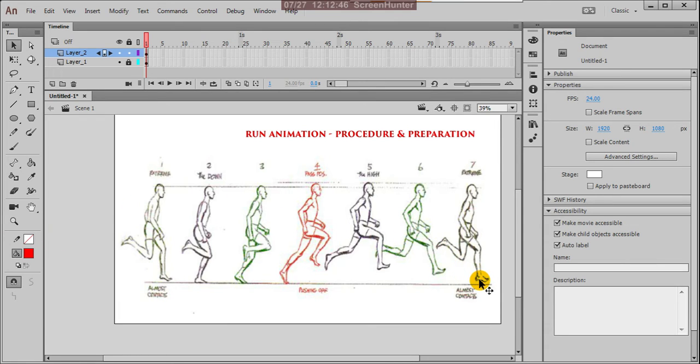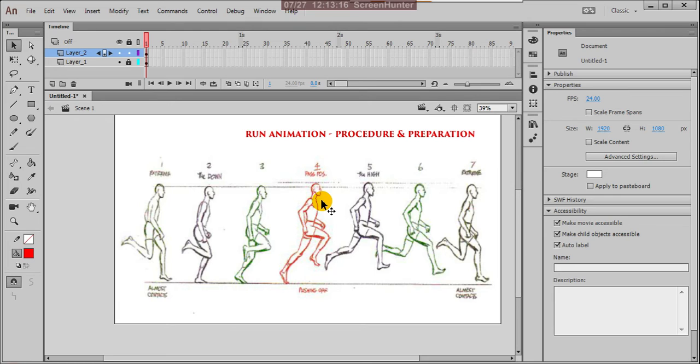So after taking this leg, the other leg can do the same actions in another half cycle. So half cycle and half cycle become one full cycle for the run. Okay, so this is the run cycle procedure. Animation is nothing but pose planning. Good planning you must do.